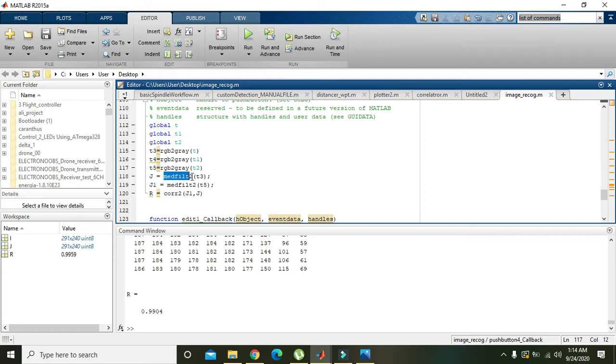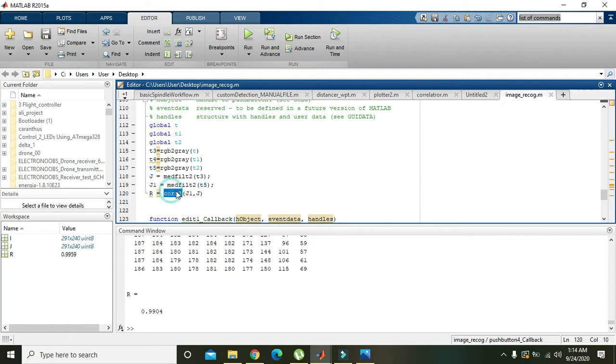Then we are using this matte filter tool because we must use it to convert the image into the format which is very essential for correlation. After passing via this filter, T3 and T5 will be stored in J and J1.